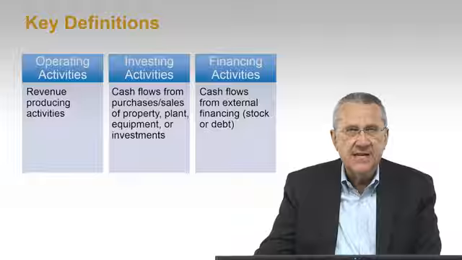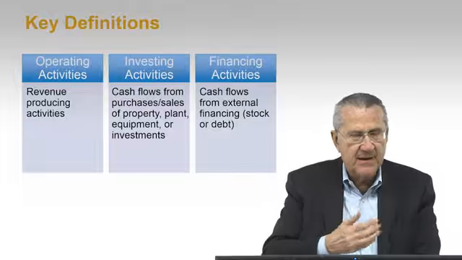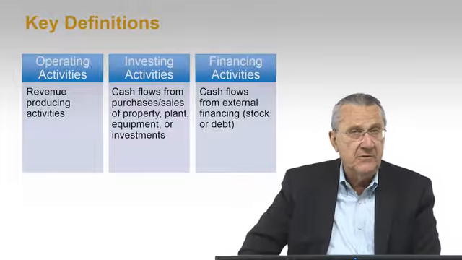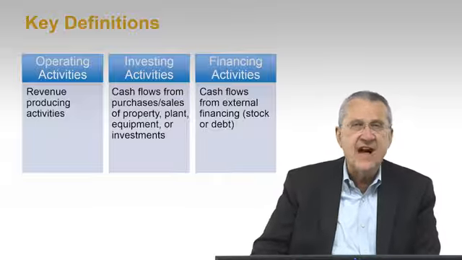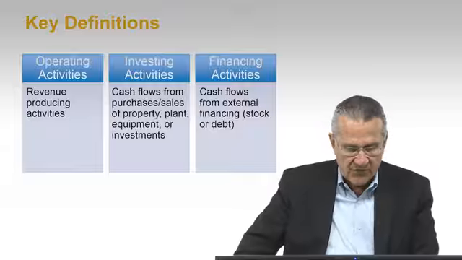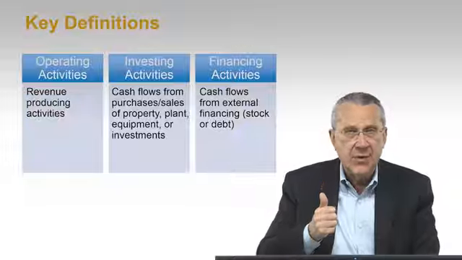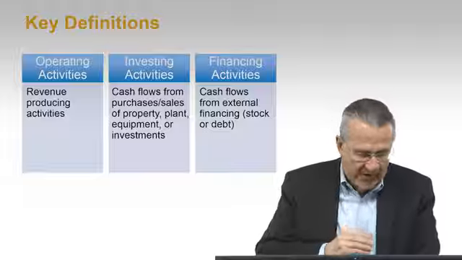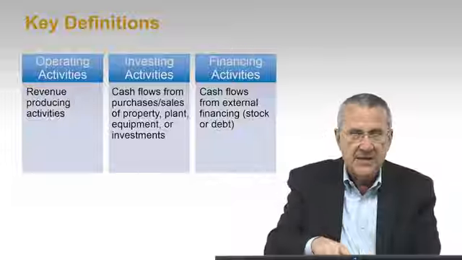All right, in preparing the statement of cash flows and in thinking about it conceptually, we're going to say that our operating activities, the things that are reported in the first section, are our revenue-producing activities. We're going to very specifically define investing activities. We're going to say that investing activities are cash flows from the purchase or the sale of property, plant, equipment, or investments. So cash flows that are associated with those kinds of assets belong being reported here in investing activities,